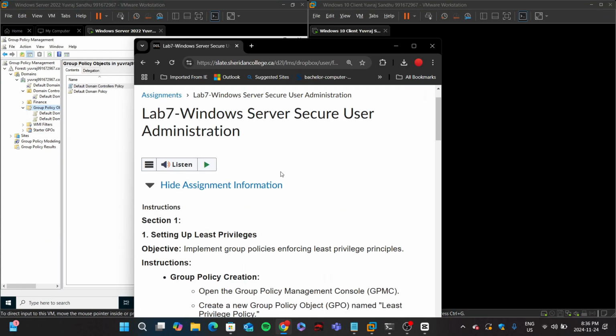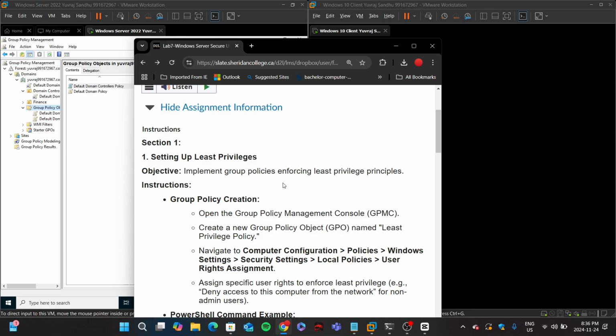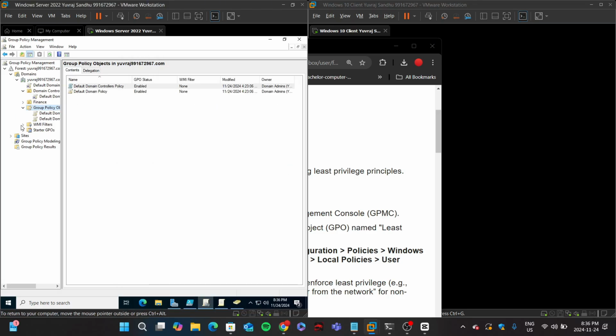So Lab 7, Windows Server Secure User Administration. We'll be setting up least privileges. We'll be creating a group policy named least privilege policy, and then configuring it in the Group Policy Management Console. If we go here from the previous lab, the same setup still exists,